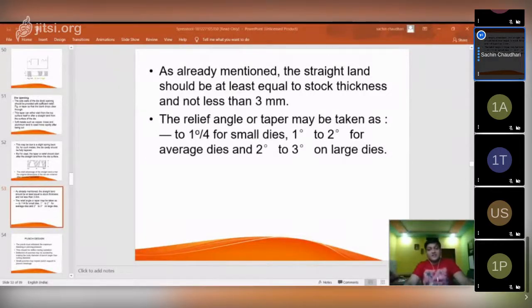Die blocks, guys, generally, I forgot to mention this as well. Die blocks are either made of a single material, okay, without any partition. So according to the shape of your required blank or your piercing material, it is either designed in a single block of metal, or it is made section wise.